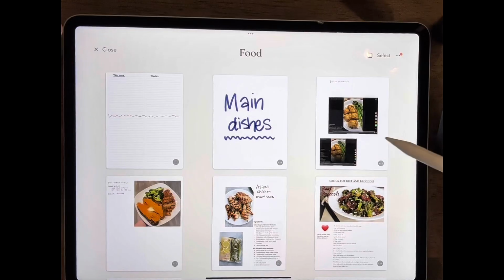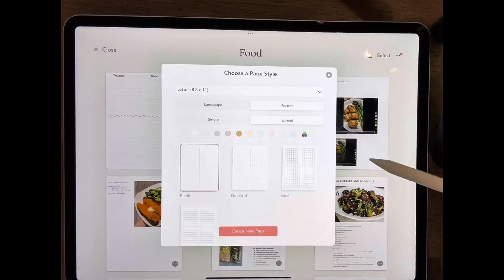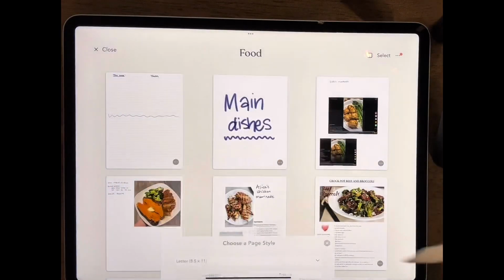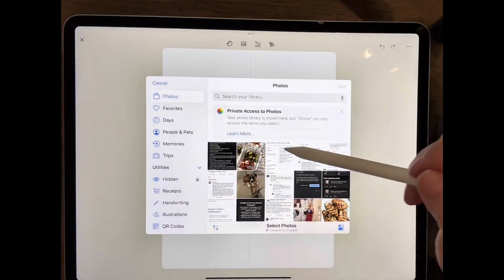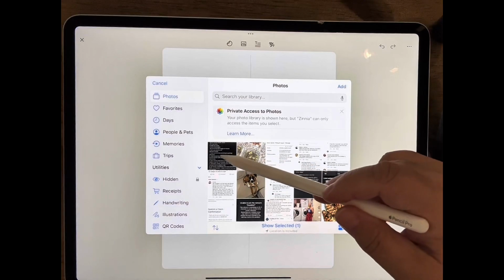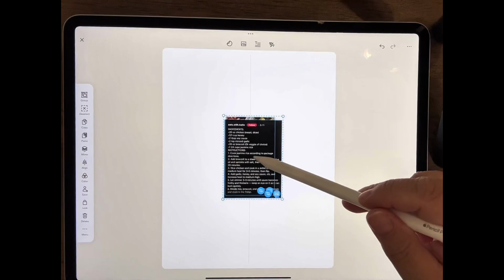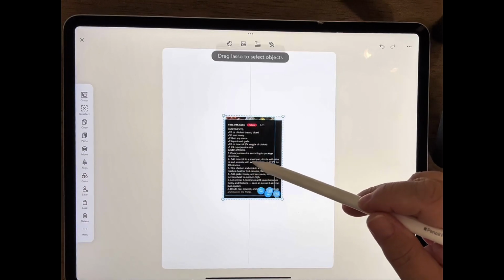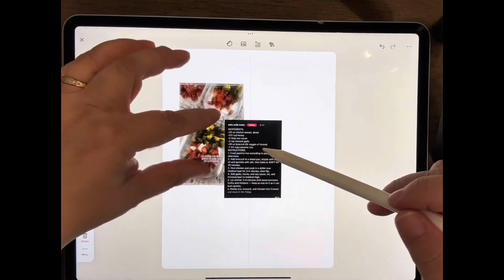So what we want to do to transfer that recipe that I just grabbed from TikTok and put it in here is I need a piece of paper to put it on, create a new page, and then you go in here and find the screenshots that I just took. So this one and this one, and you want to add those, and then you just tap and you can move the picture around. You can resize it,